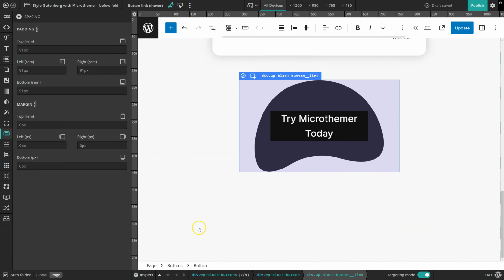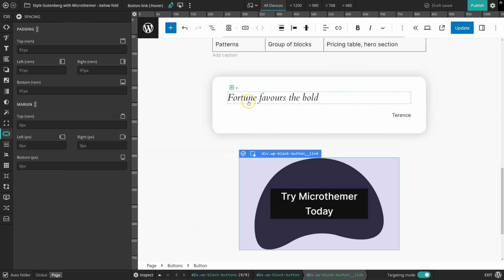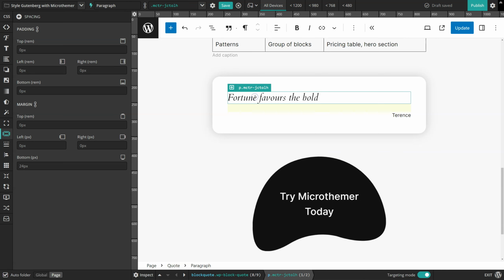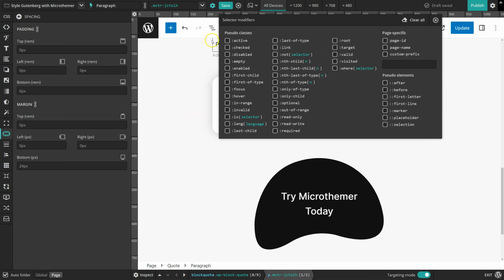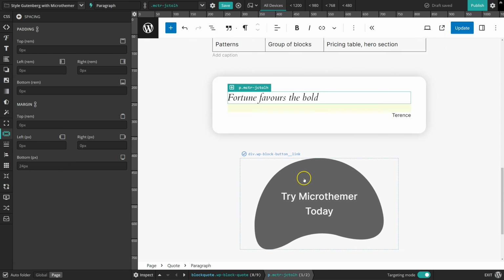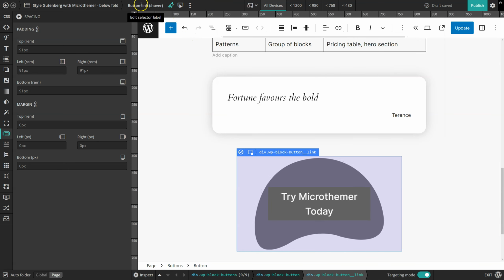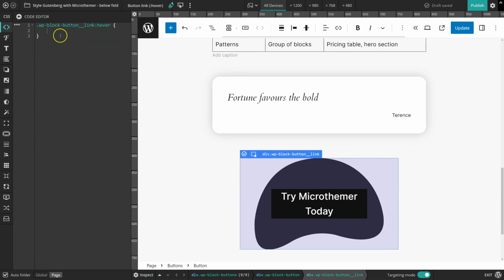Another way to do it is, when you're first creating a selector, so say I click on this, I could choose an option here, and I've got all sorts of different options here. I could choose hover as just one of them. I've got plenty. But going back to our hover selector that we created,